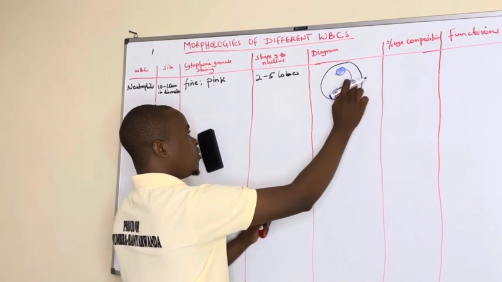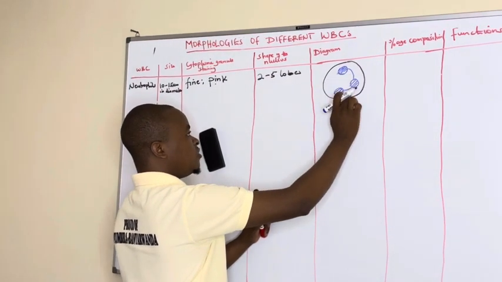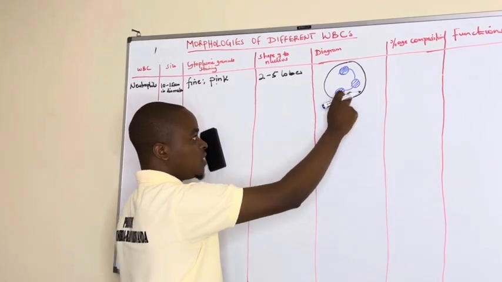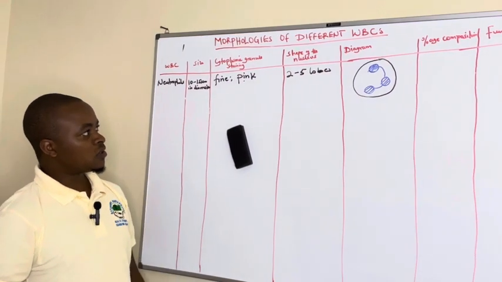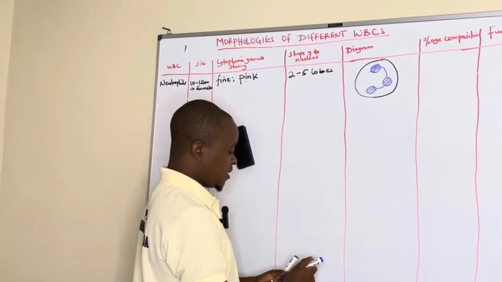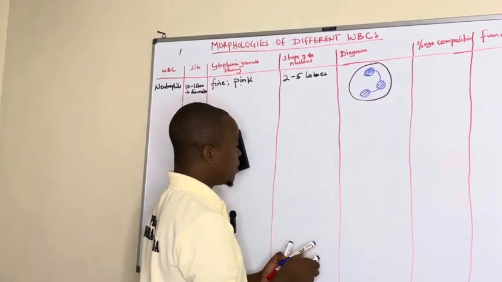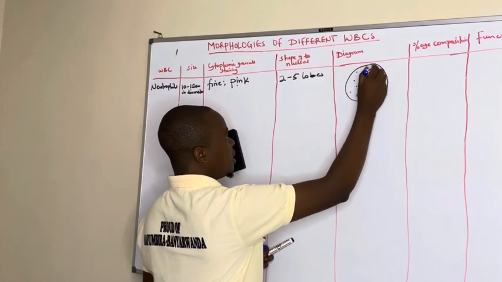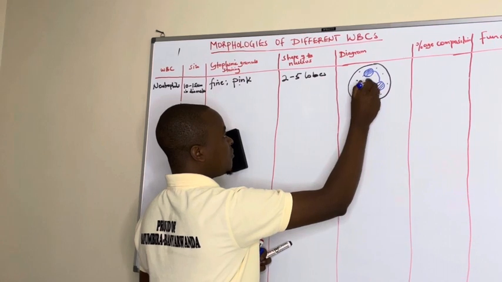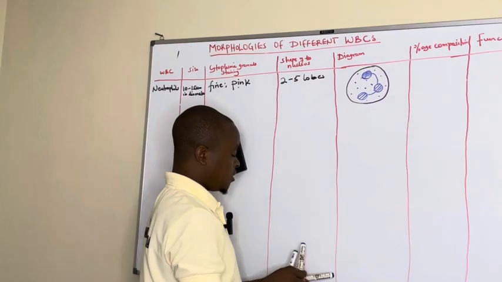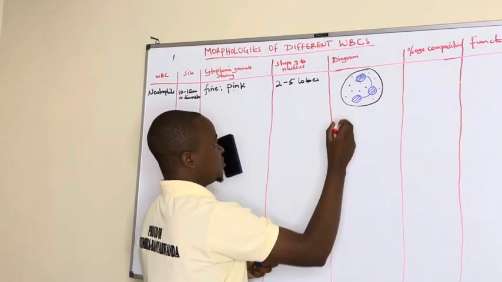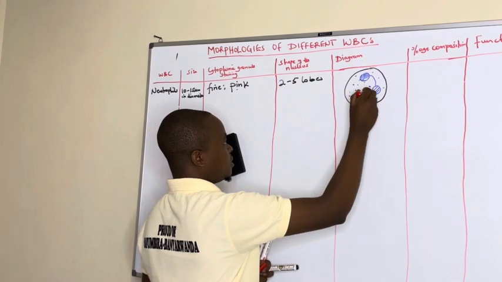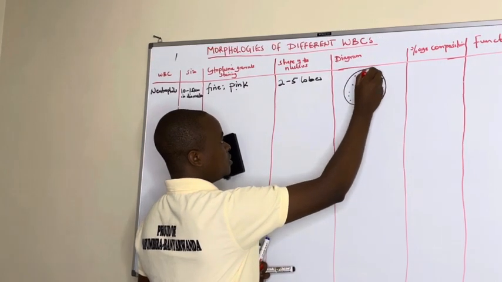And the lobes are connected by a small nuclear thread. So this is the neutrophil, and we are saying it takes up both the eosine and the methylene blue, and the cytoplasmic granules are fine, and they stain pinkish, which is a combination of eosine